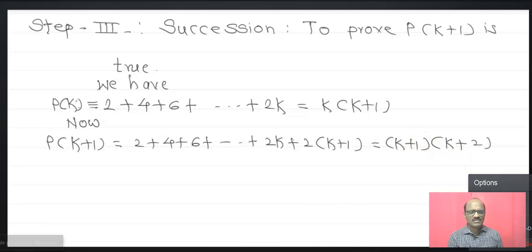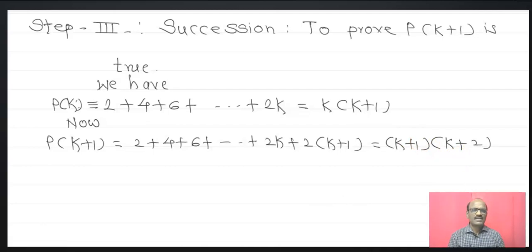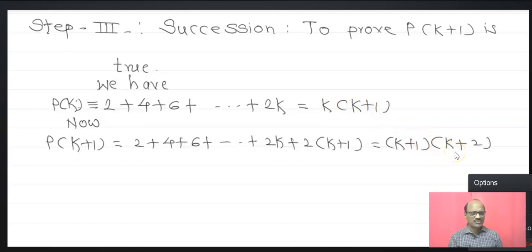Now see this here. K plus 2. This is a very important step. That is, what will the next term? This k is replaced by k plus 1. And what is the next step? This k is replaced by k plus 1, and this k is replaced by k plus 1. It becomes k plus 2. Now 2 plus 4 plus 6 plus dash dash up to the 2k